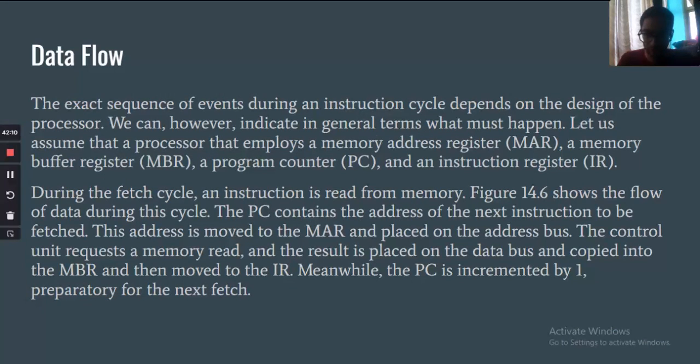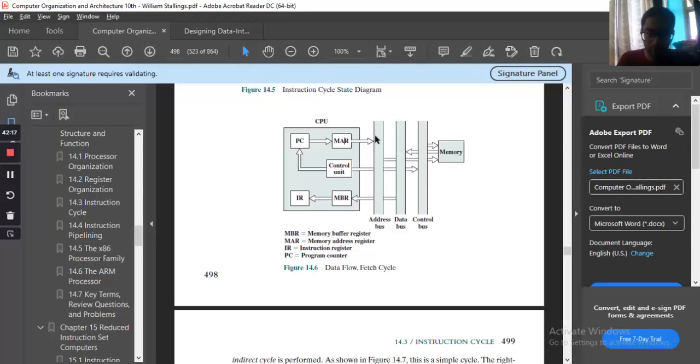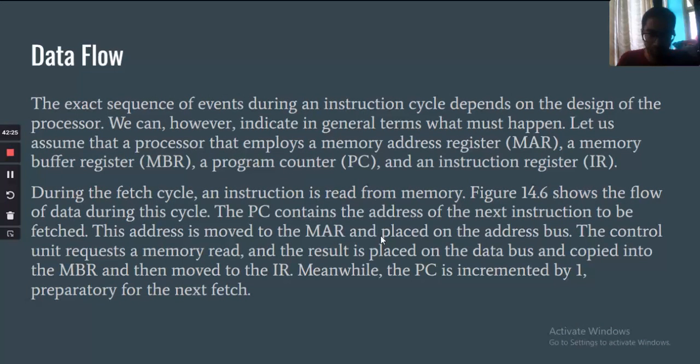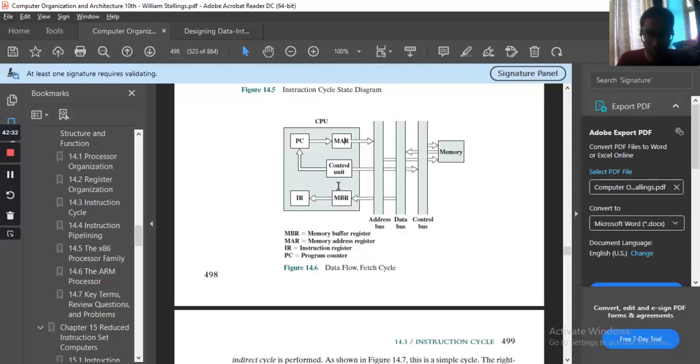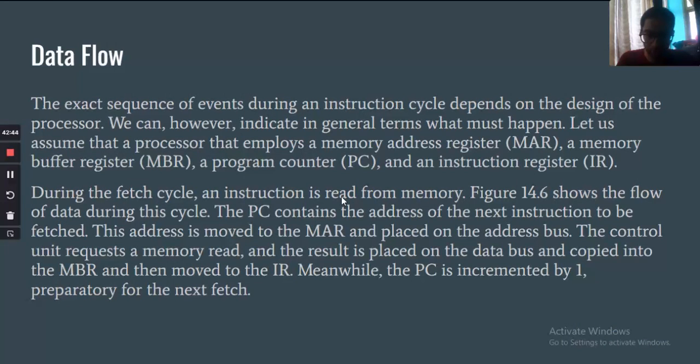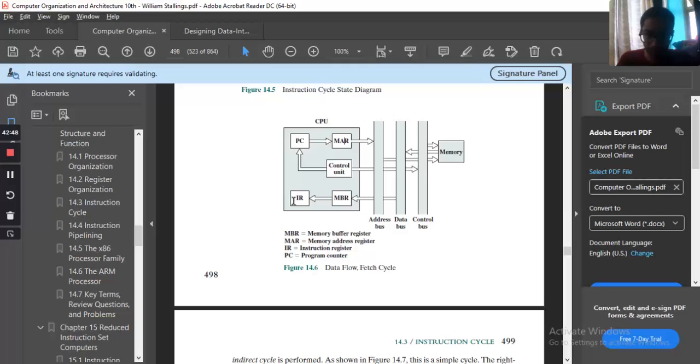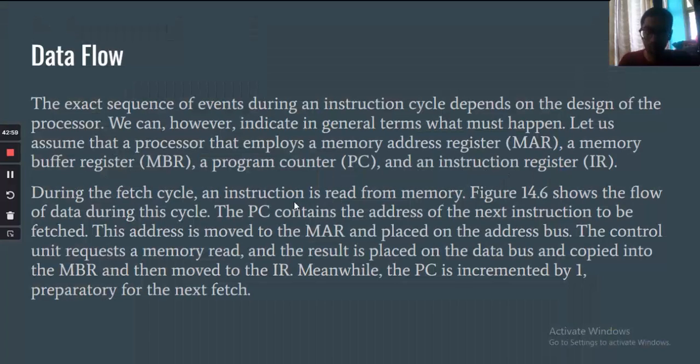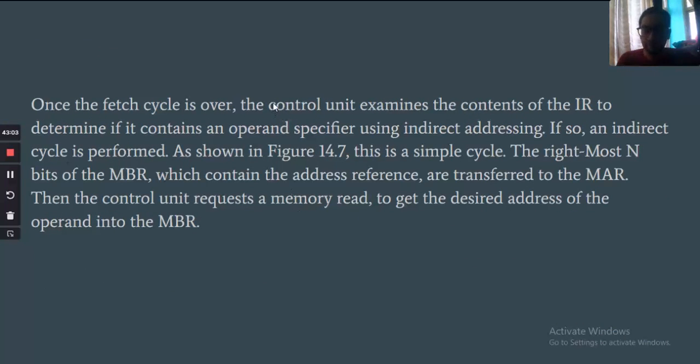The control unit requests a memory read. The result is placed on the data bus and copied into the MBR, and then moved to the IR. Once the fetch cycle is over, the control unit